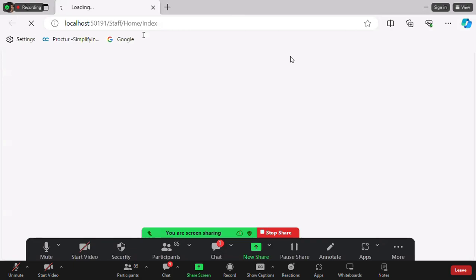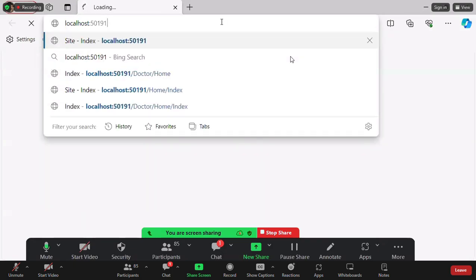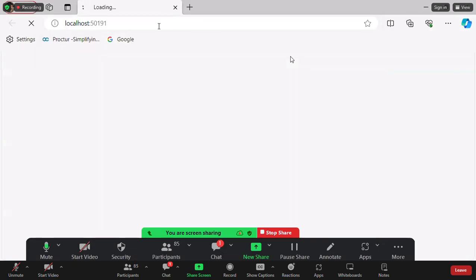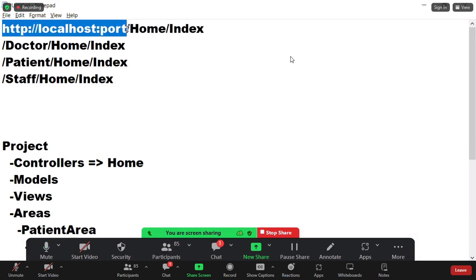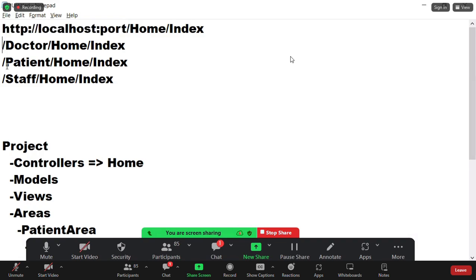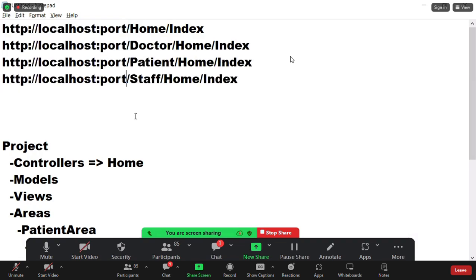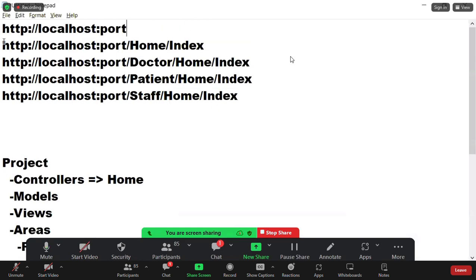Generally, what you're expecting is, when you type a localhost URL here, what is opening? Right, this one: HTTP localhost:port. Okay, and it is the same as the first, and the second will open